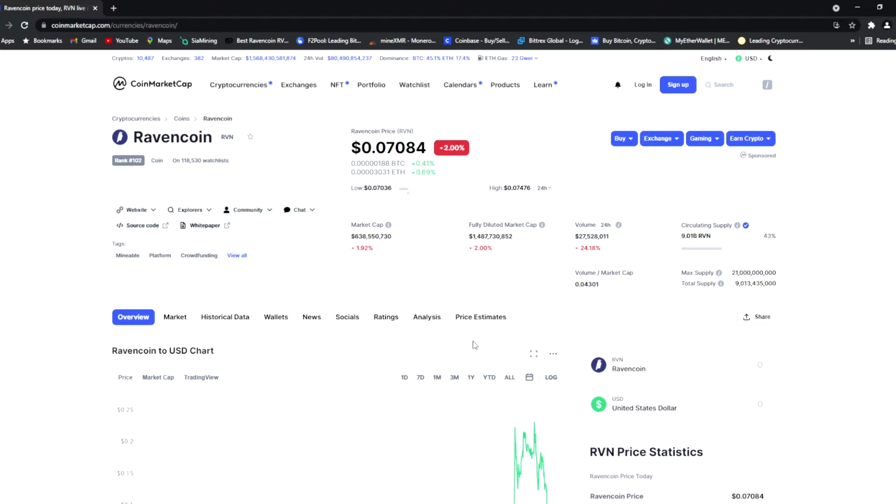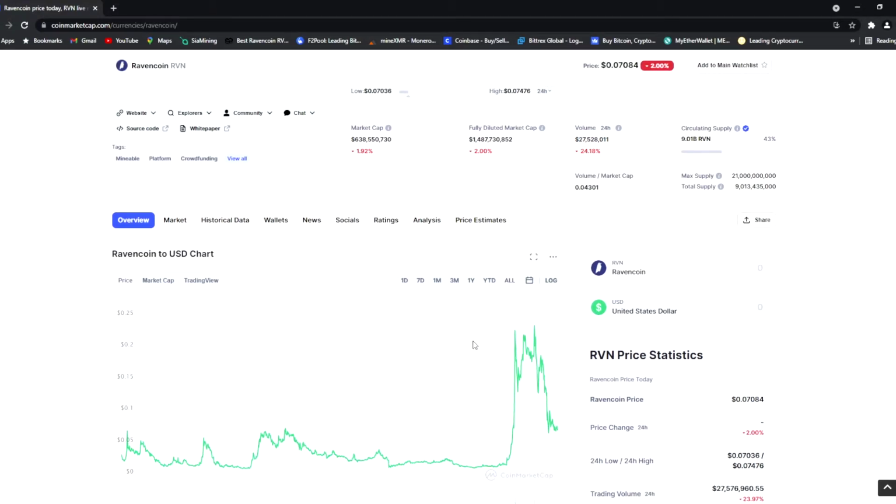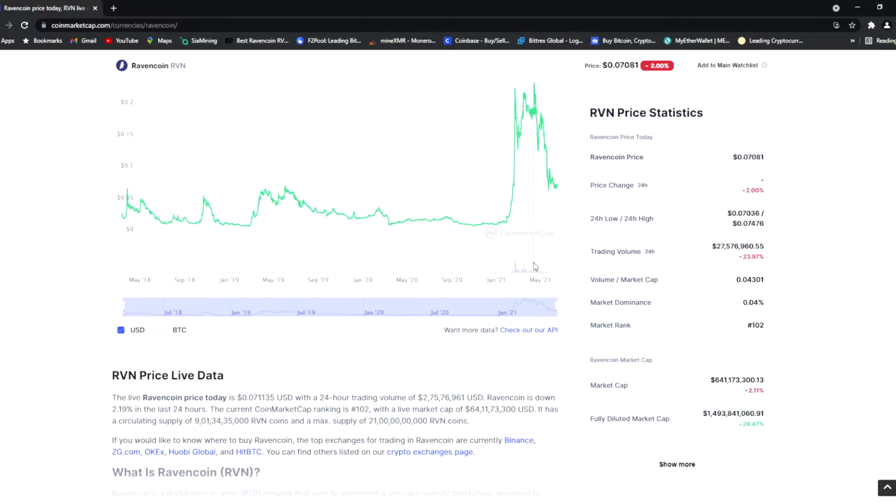Now, Ravencoin is a moderately popular crypto token launched in 2018, a digital peer-to-peer network. Ravencoin has its own blockchain and it helps crypto developers to create assets on this blockchain. It had no initial coin offering and a max supply is capped at 21 billion. Now coming to the best part, it has a block reward of 5,000 tokens, that is the reward for mining an entire block. And to mine Ravencoin, you don't need ASICs, which means anyone with a decent GPU configuration can